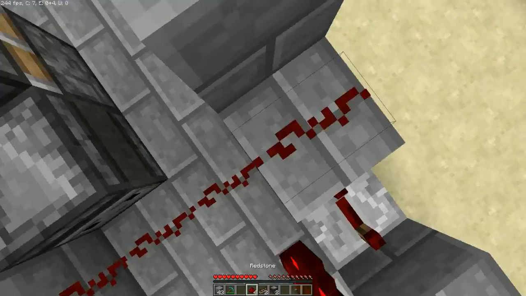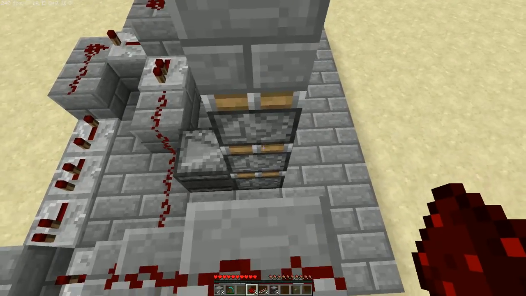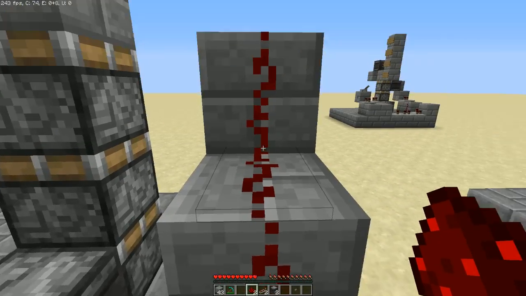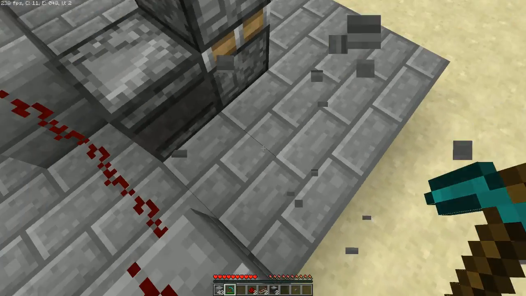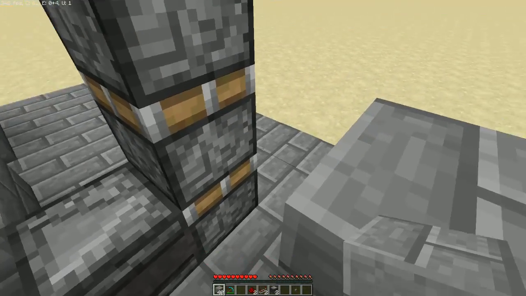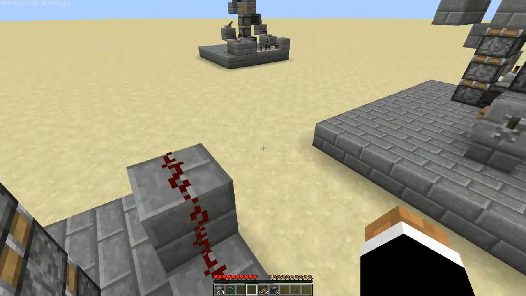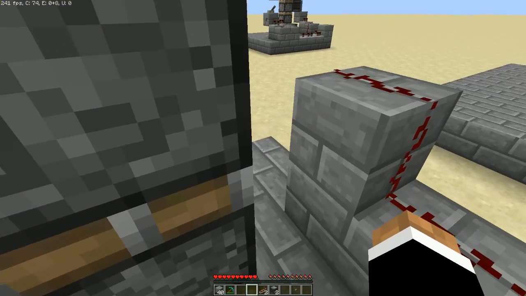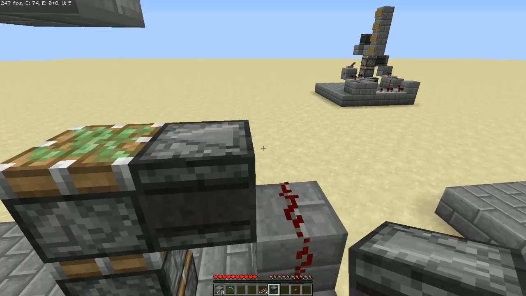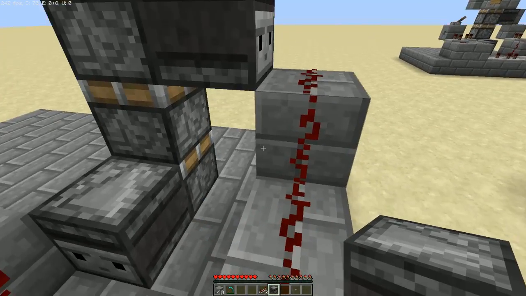Then have redstone dust going up like that, with a oh, wait a second. No, you're going to want to have a block just like that, then blocks up like that, and I accidentally used my last piece of redstone that I'm not supposed to use. Whoops. Place your observer like that,